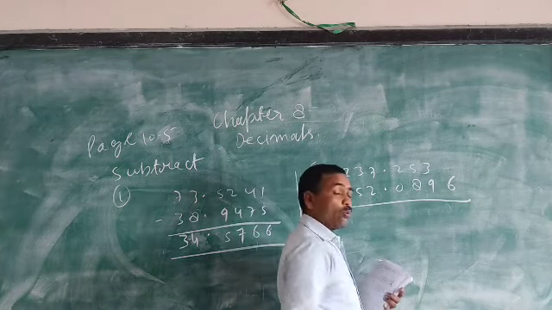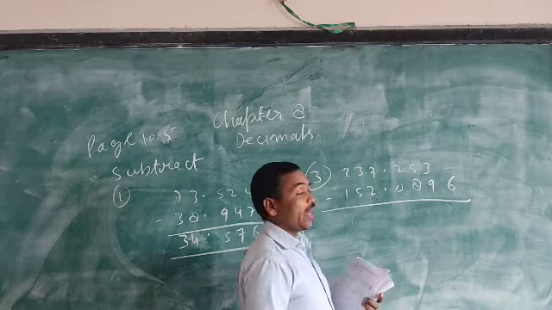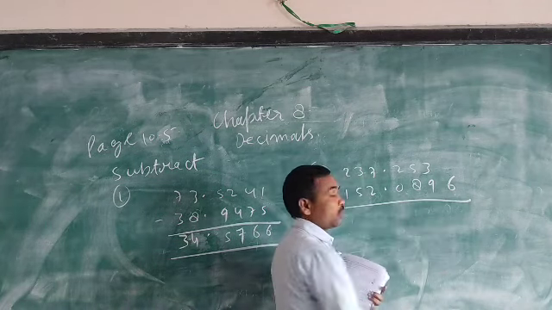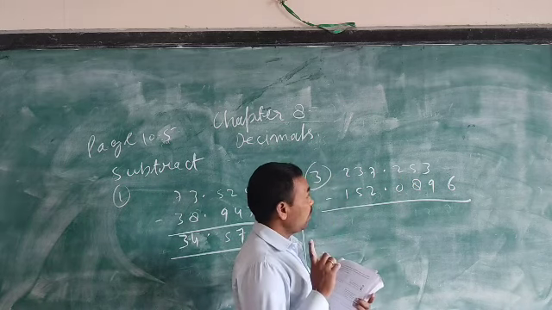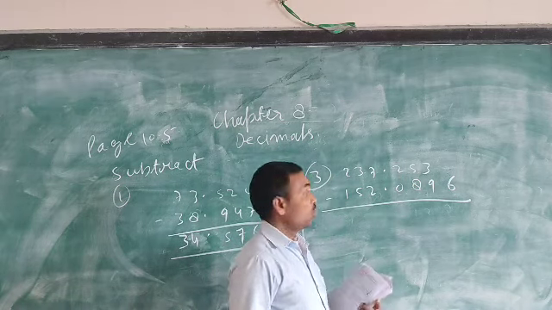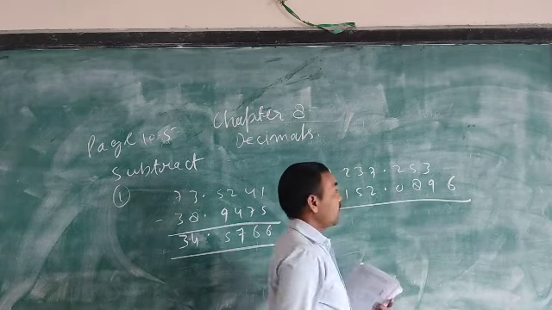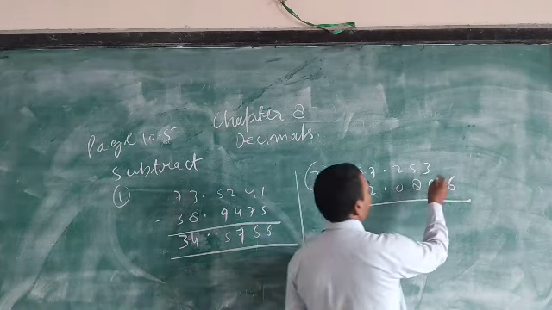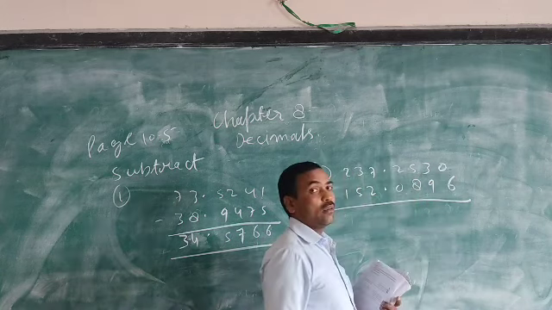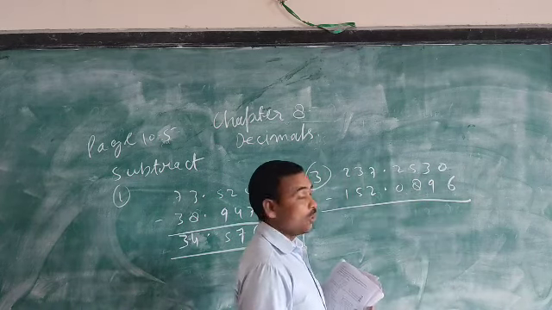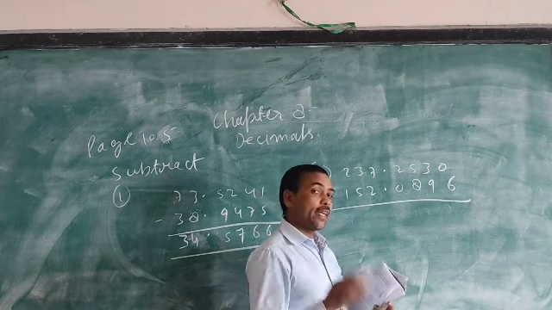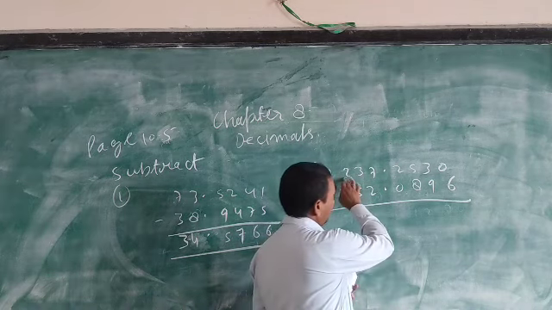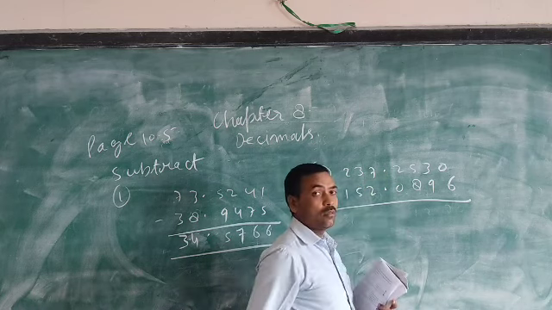See here, I told you have to check whether they are like decimals or unlike. See here, 4 decimal places, and the first decimal number has only 3 decimal places. So the first decimal number also should have 4 decimal places. So you can add a 0. See, the 0 can be written at the last. No, 0 cannot be written between here 2 and 3.